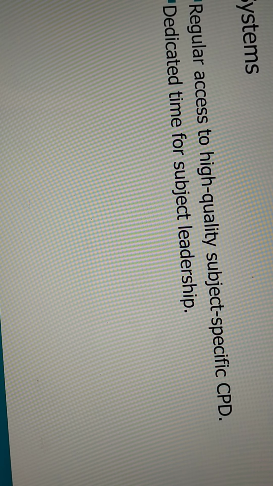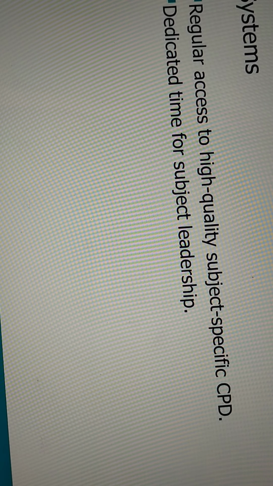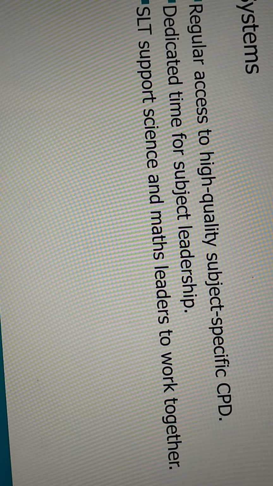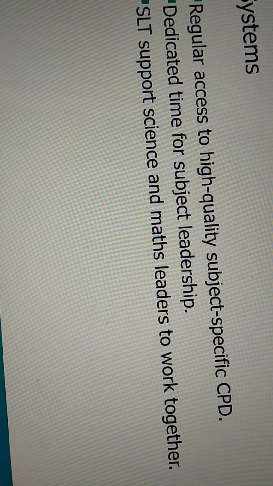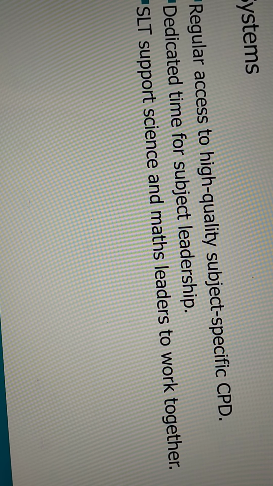We identified the importance of subject leaders having dedicated time to lead the subjects, and that's particularly apparent at primary school, where often that isn't the case. There was some interesting research that looked at how science and maths leaders work together to plan out their curriculum. So it's important that pupils can see the connectedness between science and maths, but schools should not assume that curriculum planning will take account of what goes